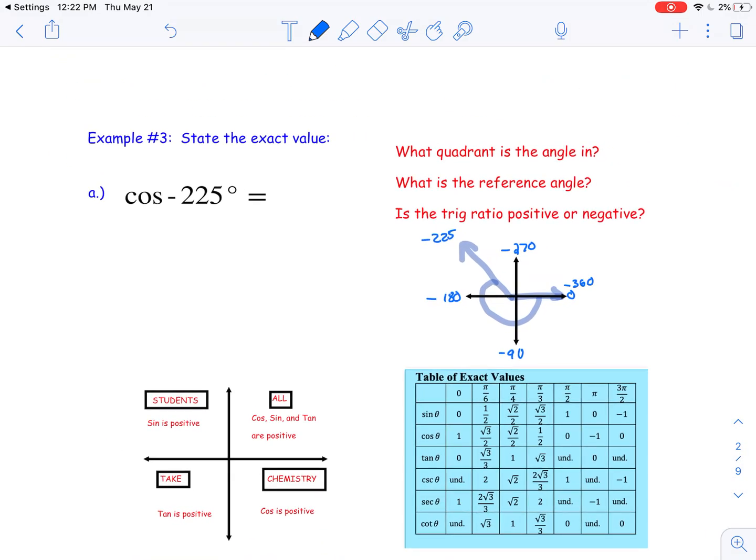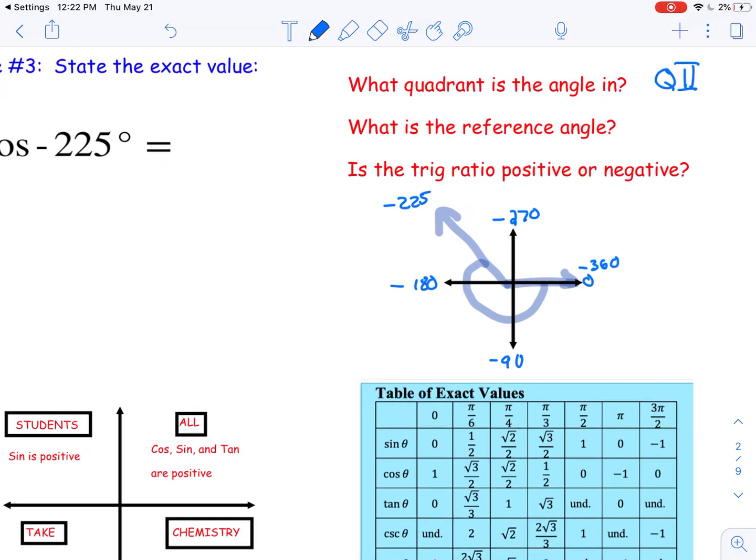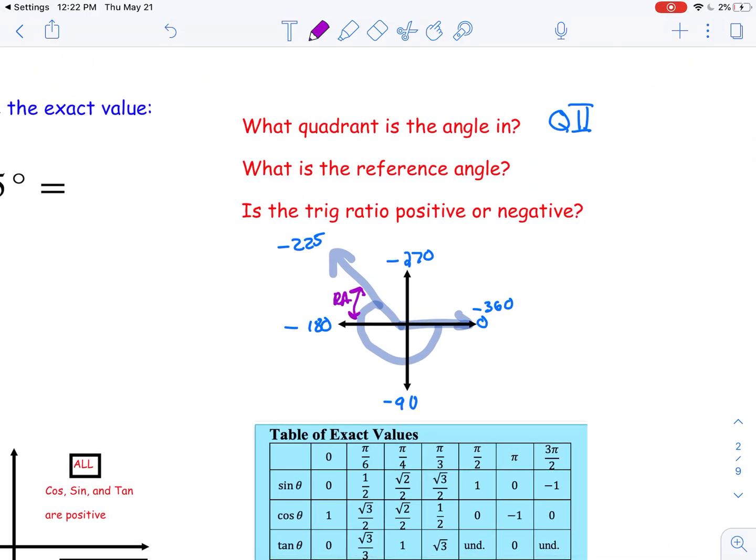So what quadrant am I in? I'm sorry, that's the second quadrant. I'm in quadrant 2. What's my reference angle? My reference angle will be back to the nearest x-axis. So this is my reference angle. So my reference angle is going to be negative 225